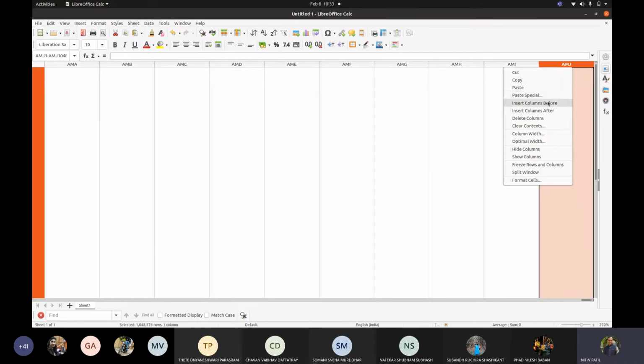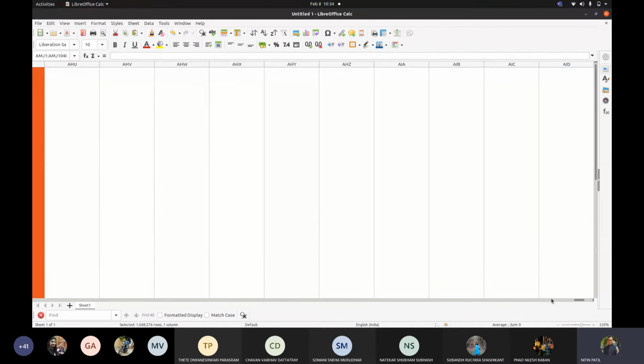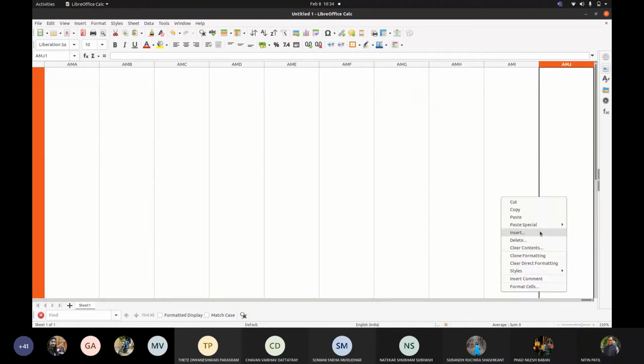If I try to insert columns now, let us see here, has it added that? We added AMJ, last column was AMJ, correct? It is not permitting me to add, even if I say add a column after this, insert column, it is not permitting me to do so, my machine is not responding that way.